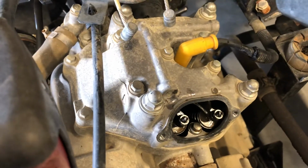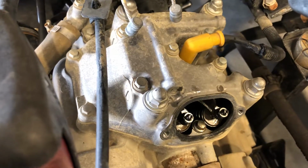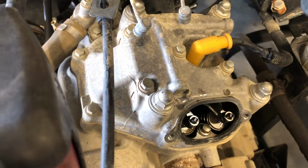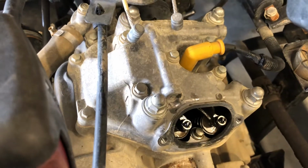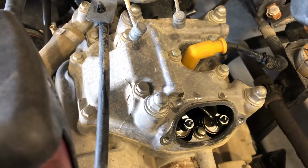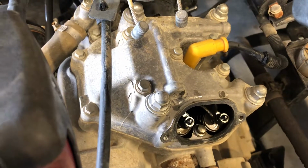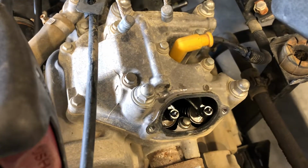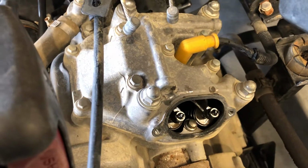Now when we're all finished checking valves, I like to turn that motor over one more time, and then a lot of times you can check them again, or I just like to make sure that there is clearance between the piston and valves before you actually turn the motor over and snap a valve off if you did something wrong. So you can put those inspection caps back on with the 8mm bolts there,